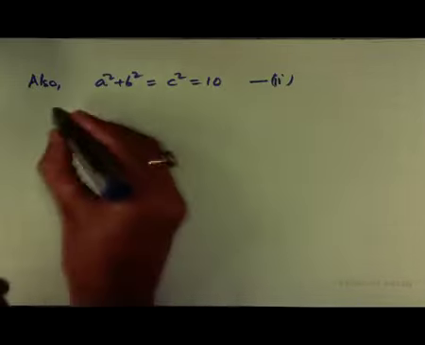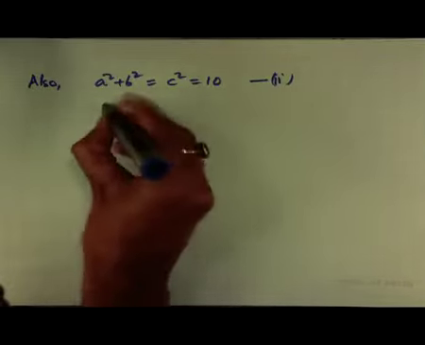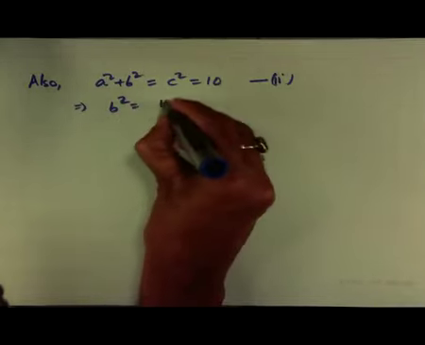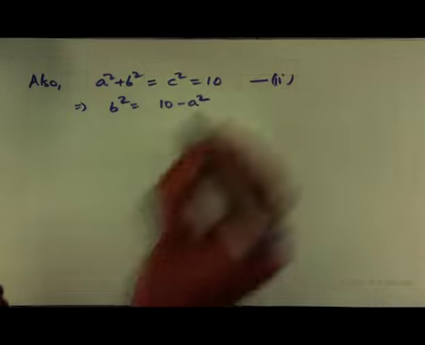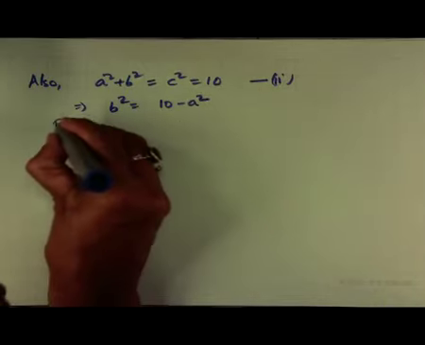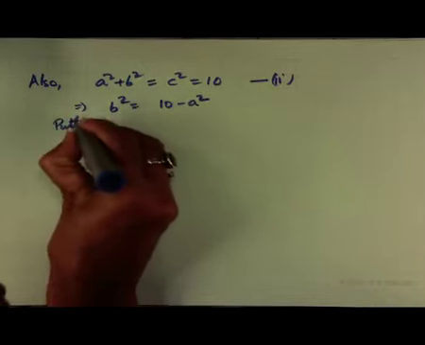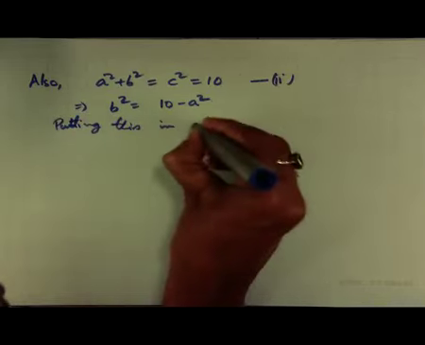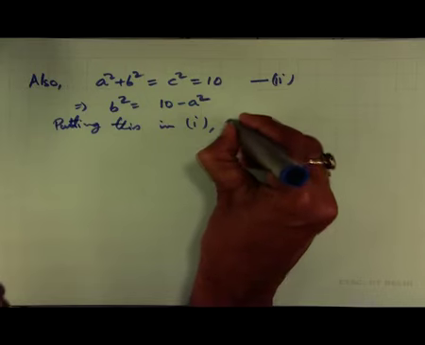So, from here we can write b square is equal to 10 minus a square, and putting this in equation 1 gives